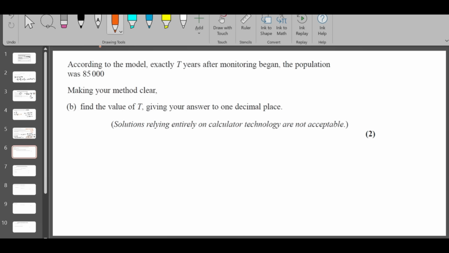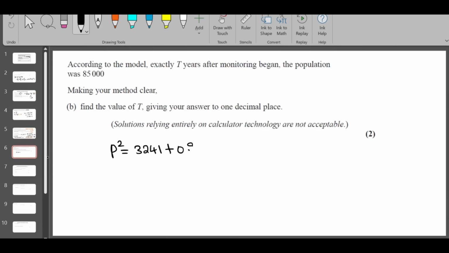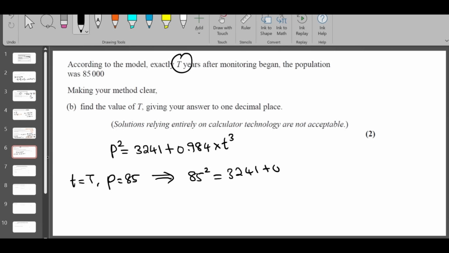was 85,000. The model is P squared equals A plus B T cubed. The value of A is from the previous part, 3241, and B is 0.984 times T cubed. Now you need to replace small t by capital T and the population by 85,000, so just 85. So we'll get 85 squared is 3241 plus